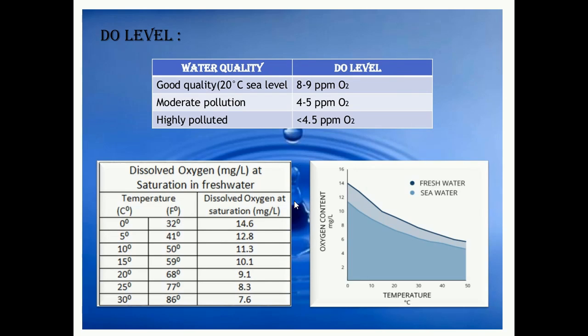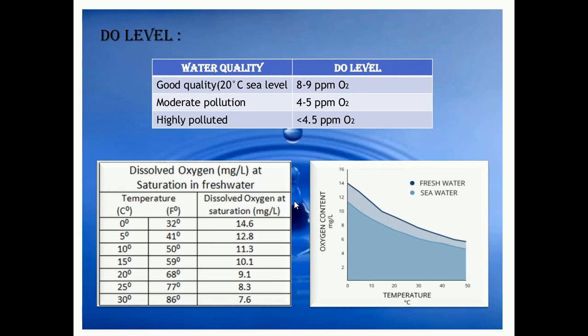Highly polluted is below 4.5 ppm O2. Dissolved oxygen, here we are observing the tables, that is the dissolved oxygen in mg per liter at